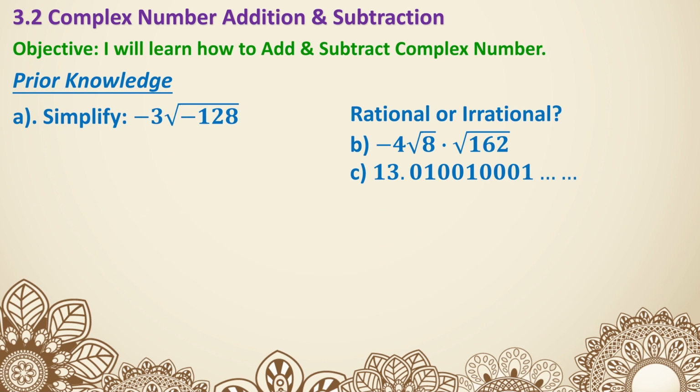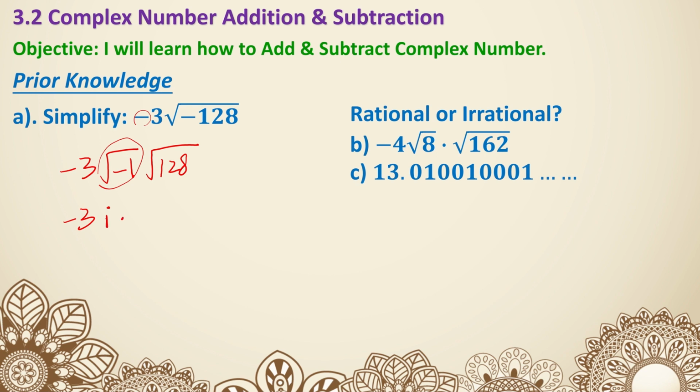Prior knowledge. Simplify -3 square root of -128. In that case, first, the number on the outside stays. This negative sign is not under the root, so we're not going to change it into an i. And then we see inside there's a negative sign and 128. That is the same as multiplying the square root of -1 by the square root of 128. So -3 stays, the square root of -1 changes into an i, and then we just simplify the square root of